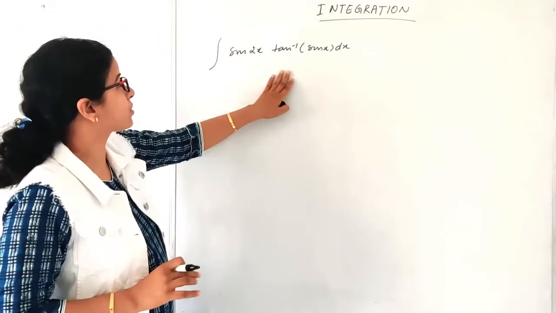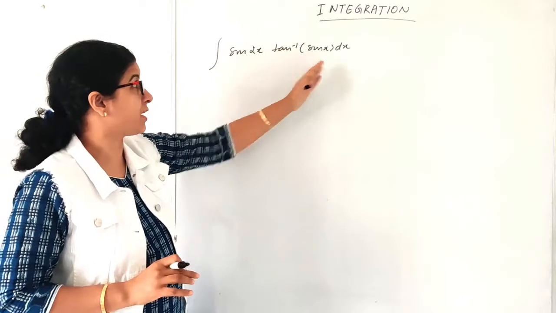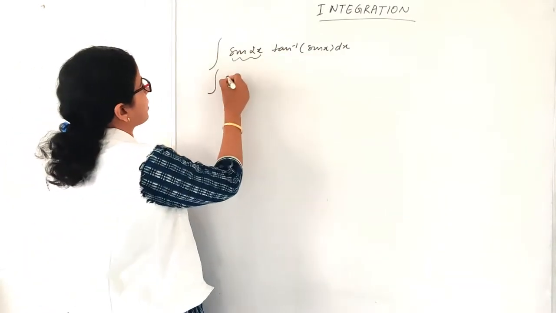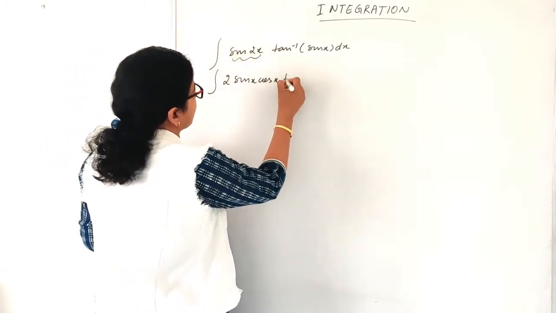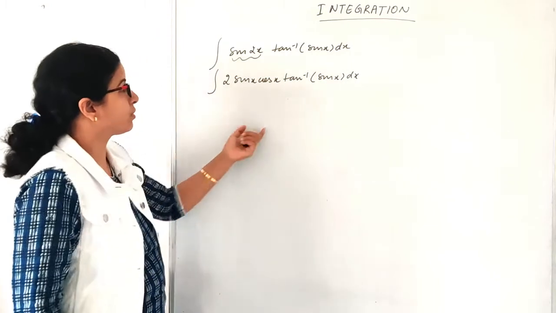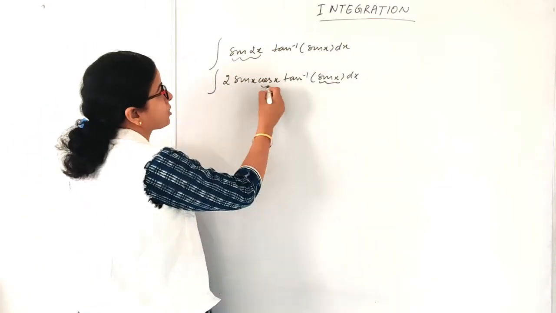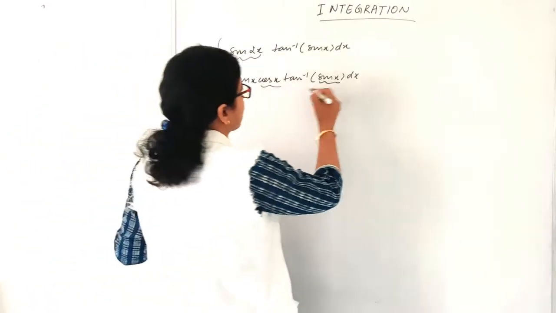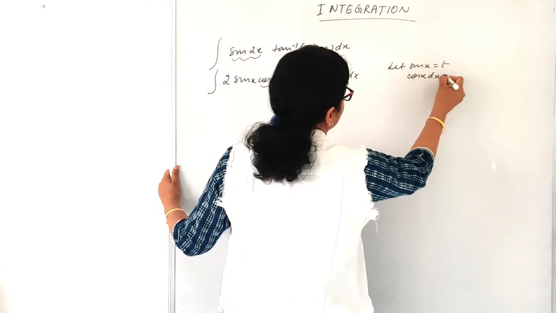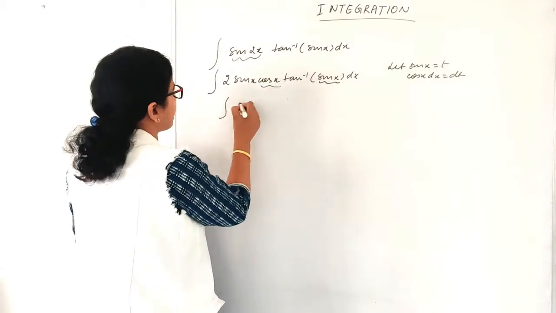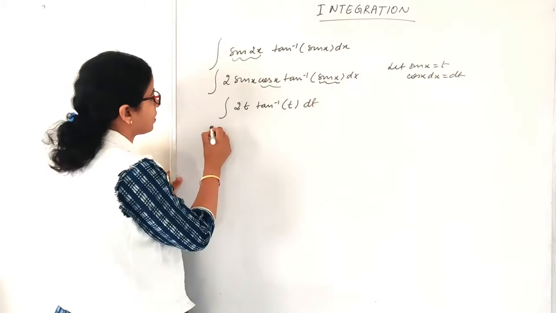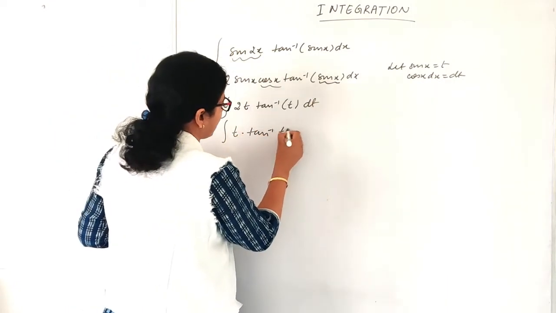So now let us take this question: sin 2x tan inverse sin x dx. So what I will do, I'll write the formula of sin 2x in this case. So it will become 2 sin x cos x tan inverse sin x dx. Now if we look closely, the differential of sin x is cos x, right? So how can I rewrite this integrand? Let sin x equal t, so cos x dx equals dt, right? So I can write this as 2t tan inverse t dt, right? 2 outside, t tan inverse t dt.